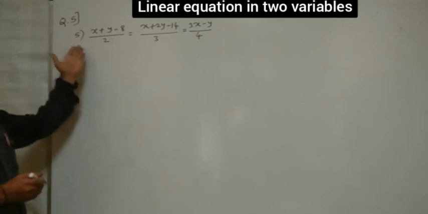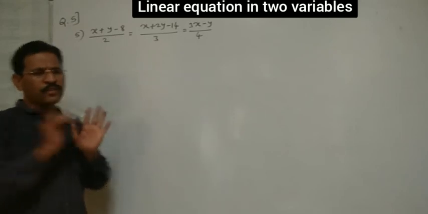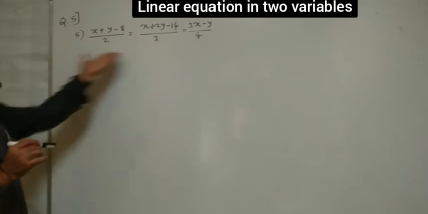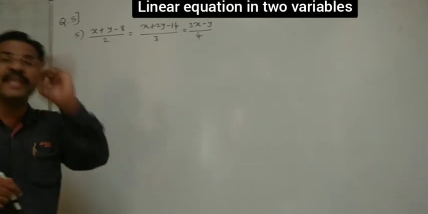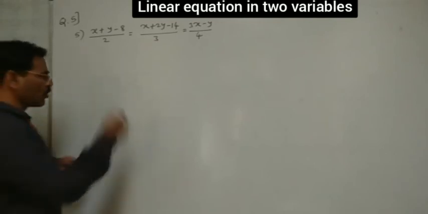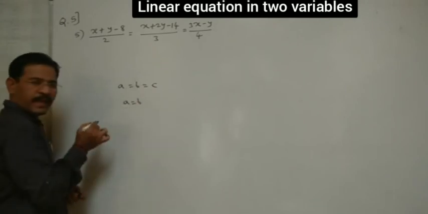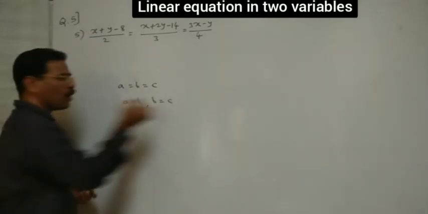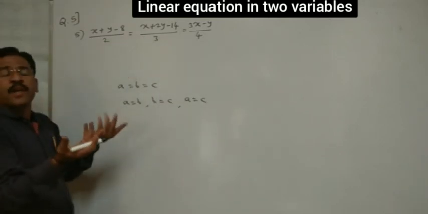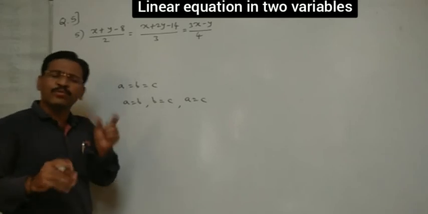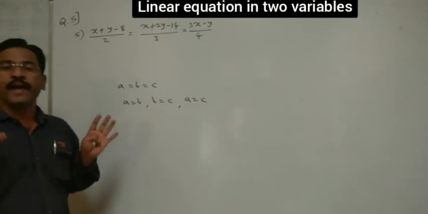Students, this is the next example, which we have to solve by Cramer's rule. First look here. We can think this is just one equation, but no, here we can form three equations. How? Look, A is equal to B is equal to C. Then you can write A equal to B, or B equal to C, or A equal to C. Understand? Very similarly here also we can make them. That means out of those 3, we can write just any 2 and try to simplify. We'll form the 2 equations and simplify, and find the values of x and y.